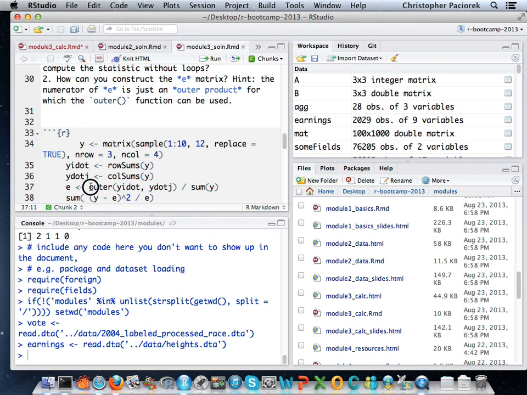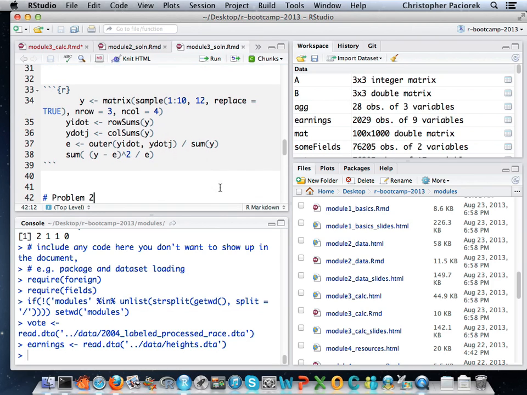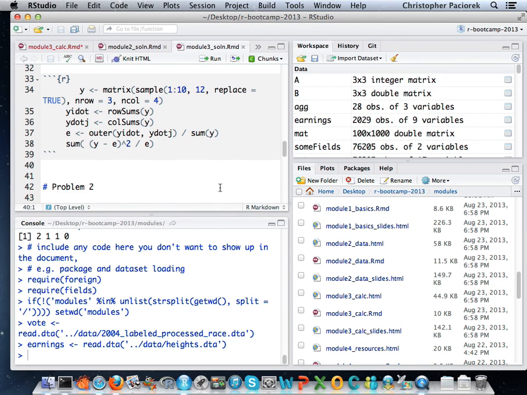So indeed, I can create that E matrix just with this line of code. So that's pretty clean. I don't have a lot of looping. If I'd done this just with looping, I might have ended up with a double for loop and then maybe a loop for doing the summation and whatnot. And I avoid all of that here. And this is hopefully fairly clear in terms of what it's actually doing. Any questions about that?